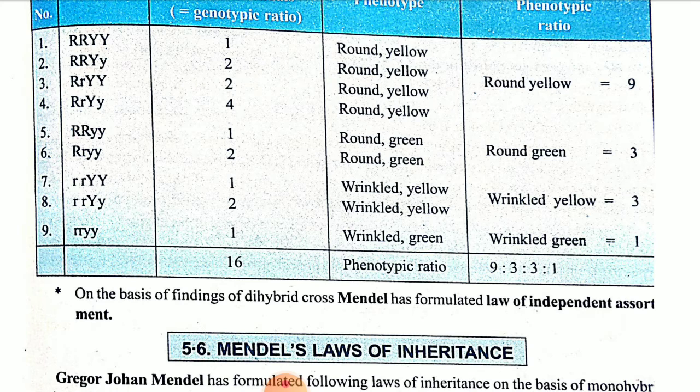So children, this one is the law of independent assortment, meaning all four contrasting characters are not showing any boundaries, such that round will be along with yellow only or wrinkled will be along with green only. They can go with any of the contrasting characters, but round or wrinkled, one shape will be there and one color will be there, that will be maintained. Otherwise it will be in that same manner. Okay children, I hope you people have understood this one.